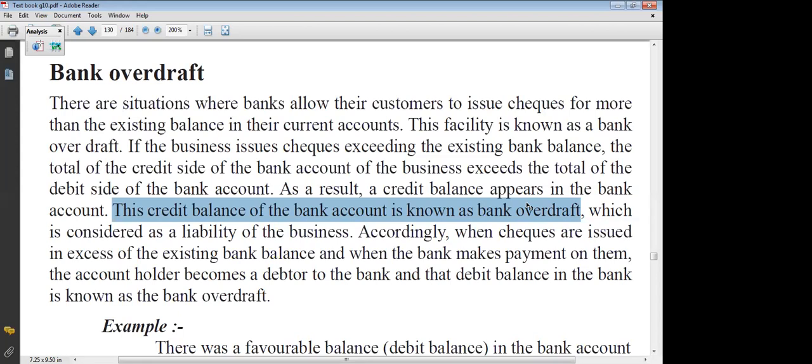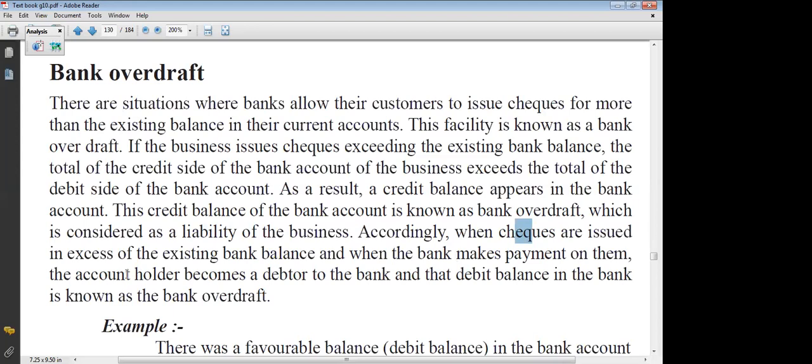In other words, and then which is considered as a liability of the business. Now, please highlight liability. That bank overdraft we consider as a liability of the business. So this balance is considered as a liability of the business. And then accordingly, when checks are issued in excess of existing bank balance and when the bank makes payment